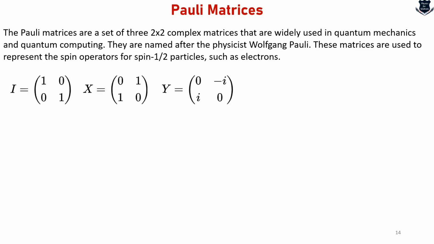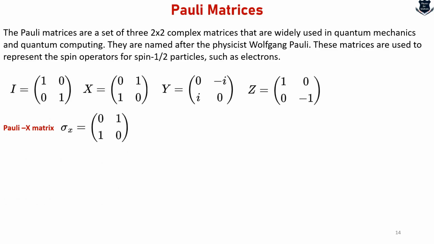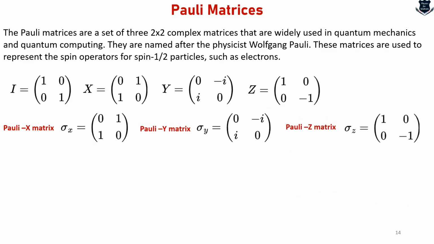The first one is the identity matrix, you understand. The next one is the Pauli X matrix. The second one is the Pauli Y matrix, and then this one is called the Pauli Z matrix. We will take each of them, don't worry about that. Now, what are some of the very important properties of the Pauli matrices? Here you see the Pauli X matrix is written as sigma X, Pauli Y as sigma Y, and Pauli Z as sigma Z, which is the usual way of writing.